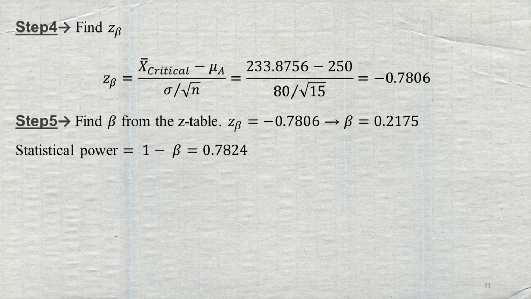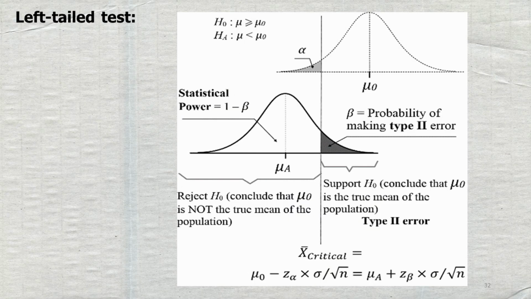Finally, steps 4 and 5. Step 4. Find Z of beta using the given equation. Z of beta equals negative 0.7806. Step 5. Find beta from the Z-table. For Z of beta equals negative 0.7806, we have beta equals 0.2175. Therefore, the statistical power is 1 minus beta equals 0.7824. To end Chapter 8,